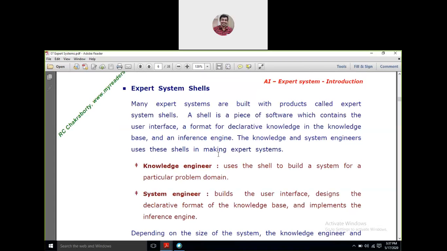If those things cannot be straight away taught to an individual through books or bookish knowledge or from any other sources, the best thing that can be done is straight away extracting that information from that particular expert, and then you can model it in the form of an expert system module, that means an AI based module, which can be utilized for solving problems of the same nature where the expertise of that person can be utilized, right?